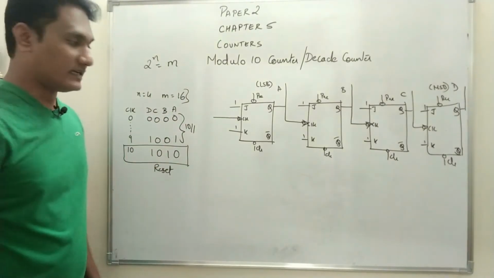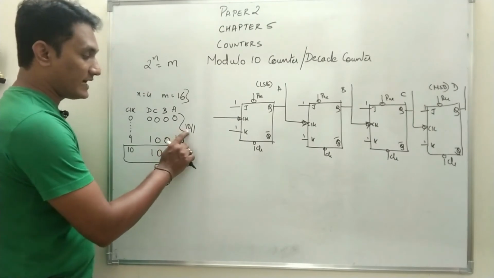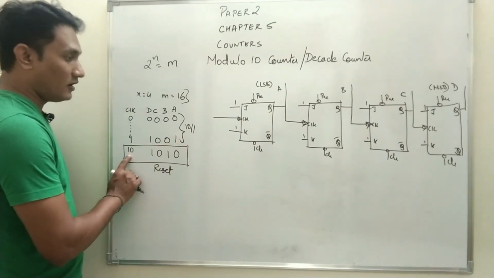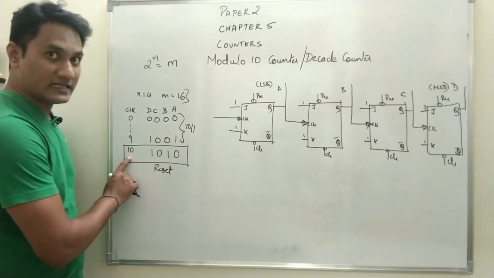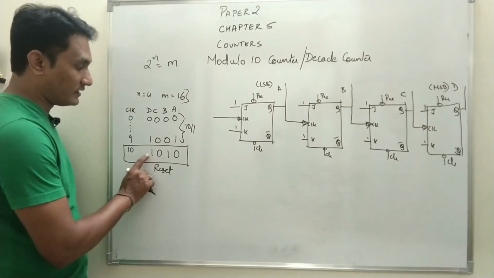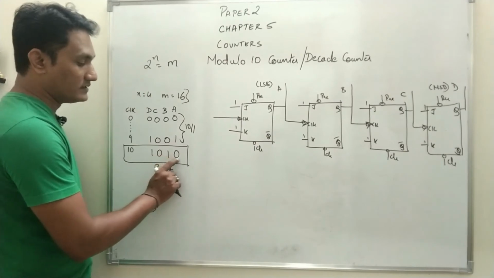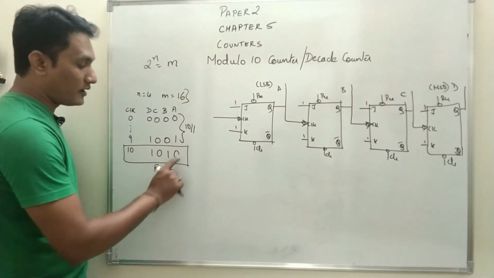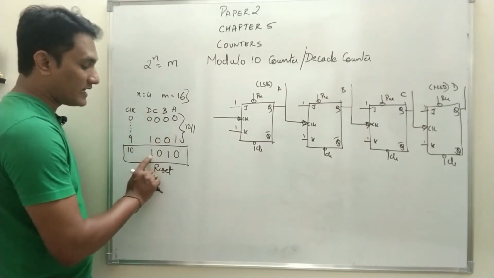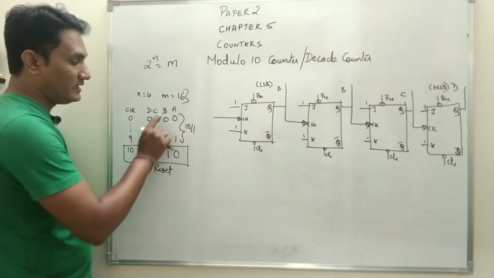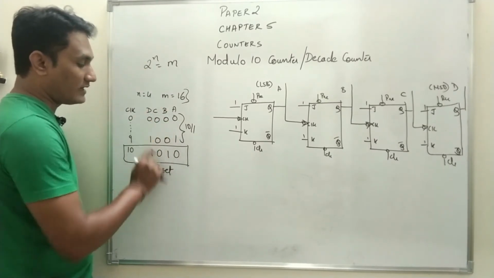10 discrete states. So what we will do is, we should check what should be the content of the counter at the end of the 10th clock pulse, where we have to reset the circuit. The count DCBA is 1010. Now you have to look at the variables which are 1. So here the variables D and B are both 1.